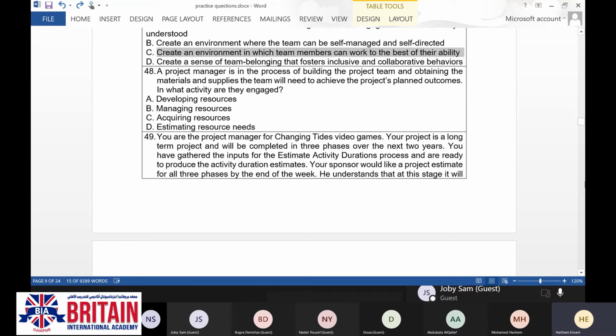Okay, so now let's say you have a certain project and you have sat with your team and estimated the number of required team members for your project.